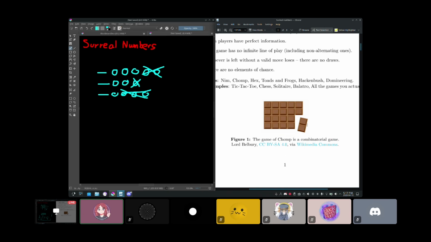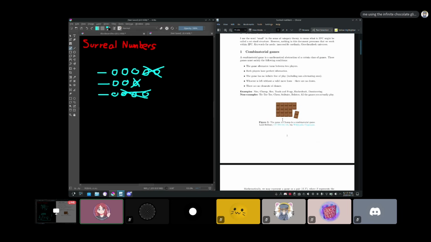Here's a bit of an illustration. Basically, the idea is you chomp out, you just eat the chocolate. You can take these 2, or you can take these 3, that kind of stuff, until you get to the last piece. The rule is that you can't eat this last piece of chocolate because it's poisoned or whatever. And yeah, that also satisfies all of our conditions.